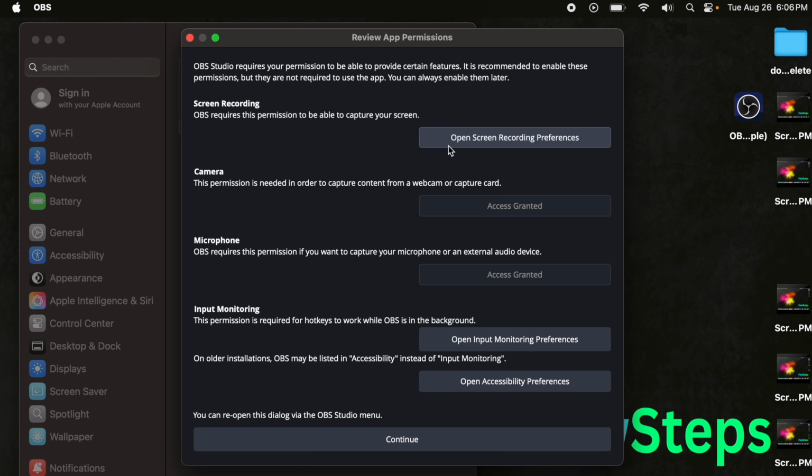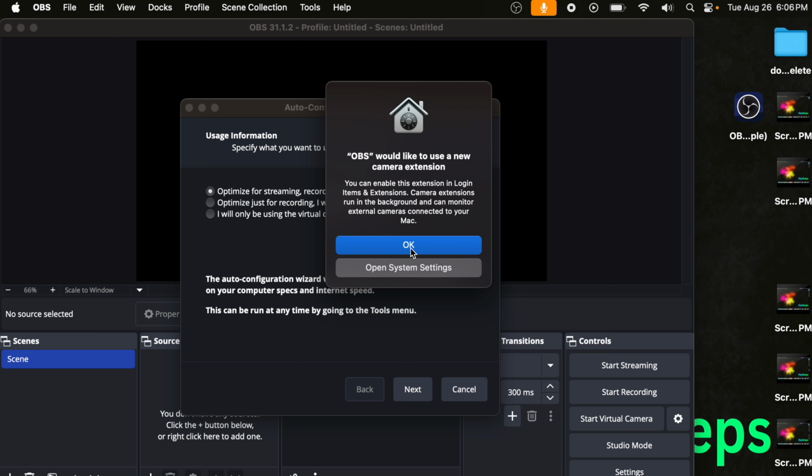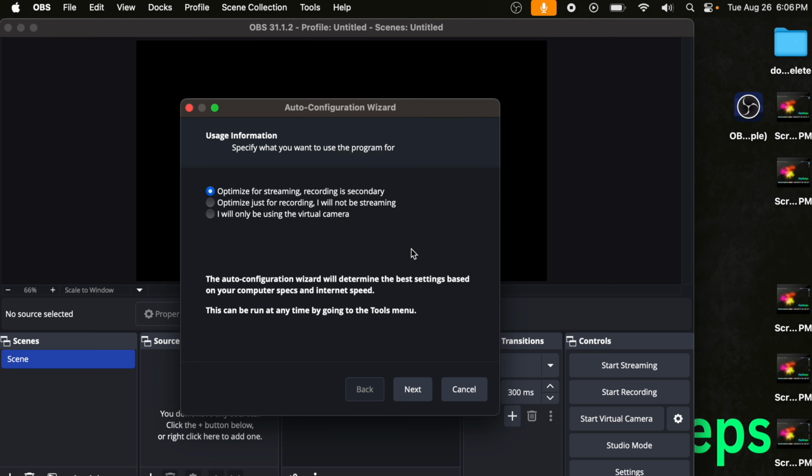So what we did, we changed everything, and the last option we don't need. Now I'm going to press the continue button. Now OBS will open, and one more time we have to press OBS, and then here it is asking about user performance. So it is asking what you want to use the program for. It is asking what type of thing I will do by using this OBS, but I can skip it